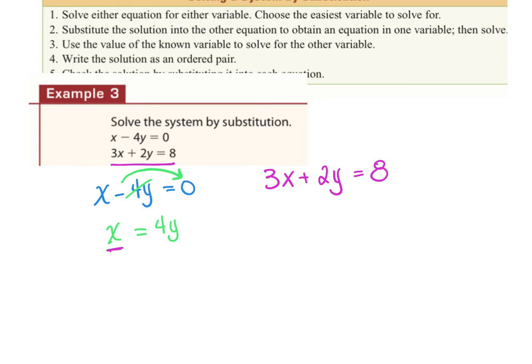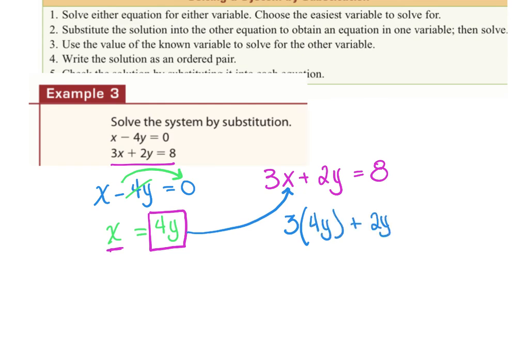I have the x by itself. So what do I need to do with this? Where does it go over here? It goes for the x. So I'm going to take him and I am going to replace this equation for that variable. Substitute. So I'm going to rewrite that equation 3, and instead of x, I'm going to write what? 4y